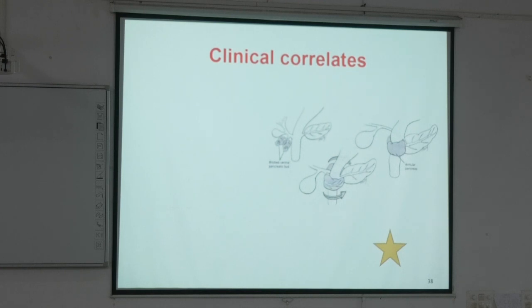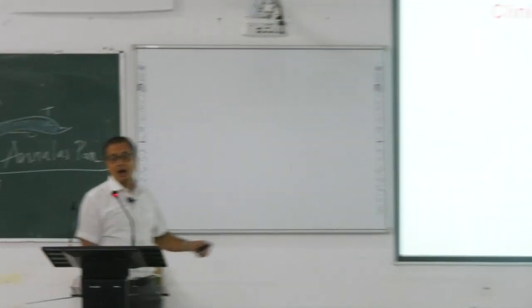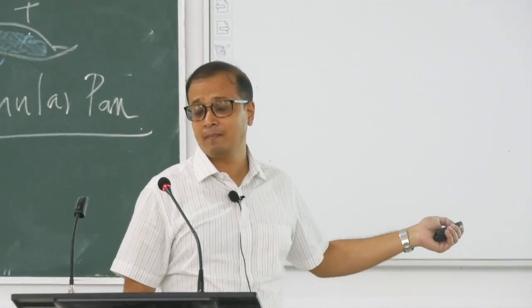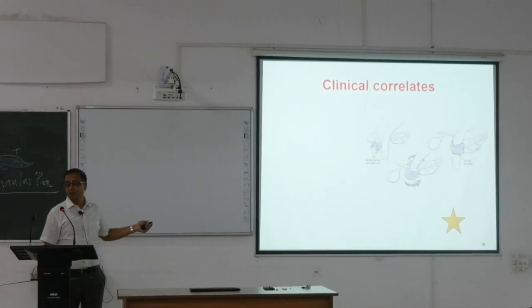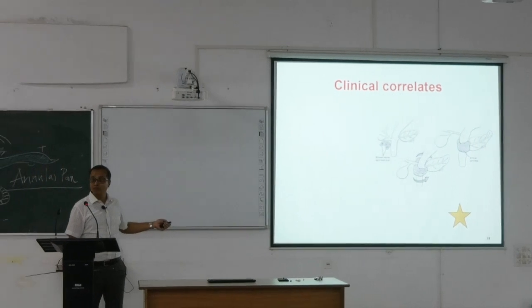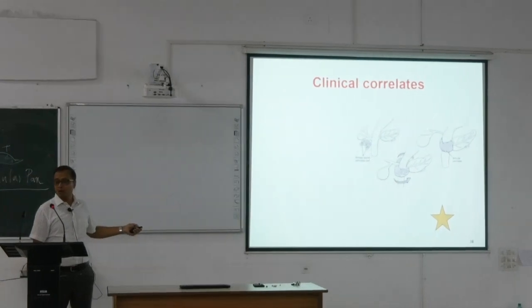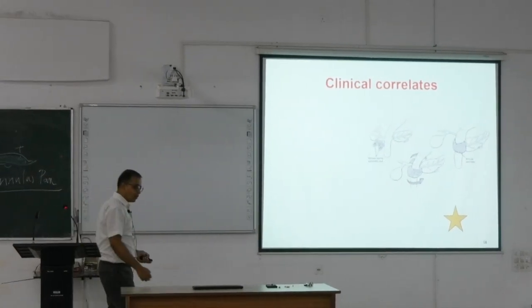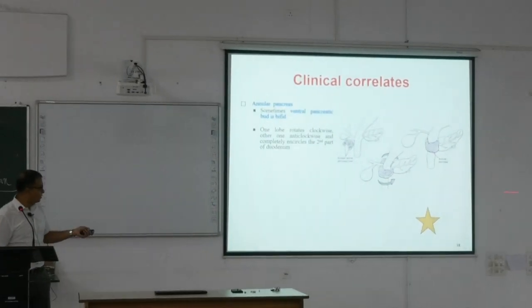So this is a short note we get in examination as annular pancreas. If you get this exam question, you have to say how the annular pancreas develops. It develops because of faulty development of the ventral pancreatic bud. Instead of one, we have two, or bifid, and with the rotation, one of them rotates clockwise, the other rotates anti-clockwise and encircles the second part of the duodenum and